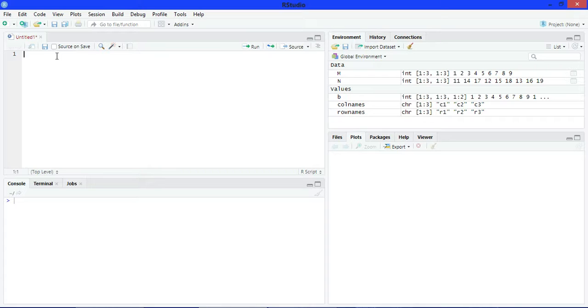Now create an array. B is equal to array, write here the elements of the array and then write the dimension of the array.